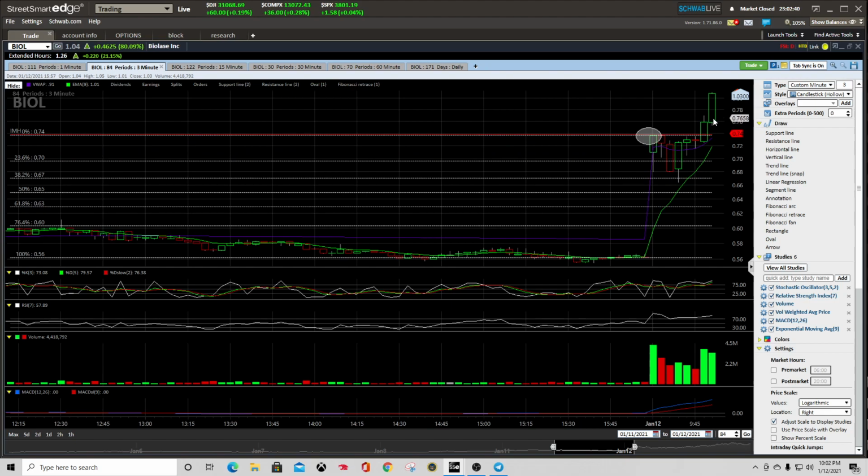Now, in this candle, you could enter right here, since the pattern, the stock is confirming that it's trending up. You could enter in this area. I was concentrated on other stocks at the moment, and I was swapping back and forth. I wasn't looking at this one right at this moment, but you could have entered a position in this area, stop maybe below VWAP, a better stop around 0.70. Okay, now